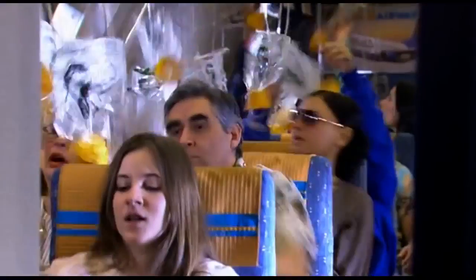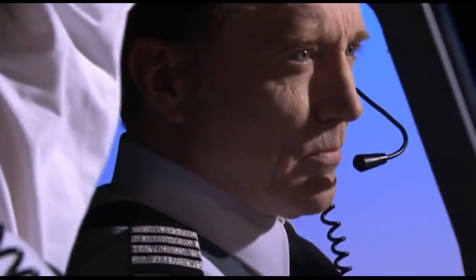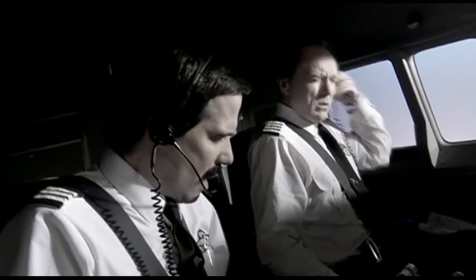As the pilots troubleshoot with ground engineers, life-sustaining oxygen is slowly seeping out of the plane. Eventually, oxygen masks drop in the cabin. They do not fall in the cockpit. The reason that we don't have automatically deploying oxygen masks in a cockpit is simply too much up there, and